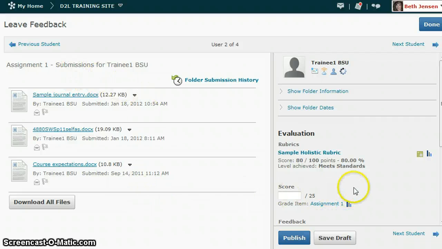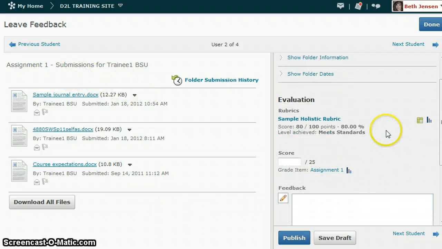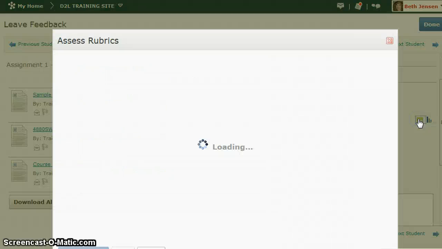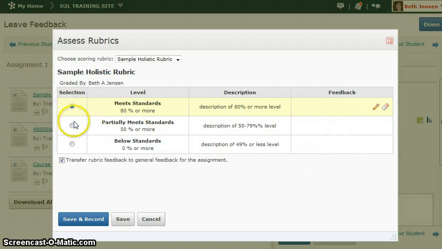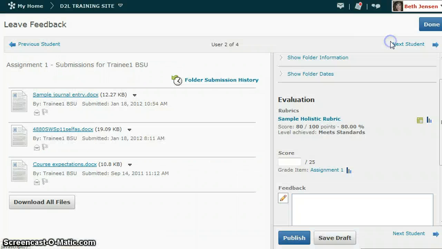Once you've assessed their work, over on the right hand side you can see this one has a rubric associated with it. If you do have a rubric, you can click on the rubric and you can select the level that they achieved. There's lots of different kinds of rubrics. Or you can simply just enter a score here,